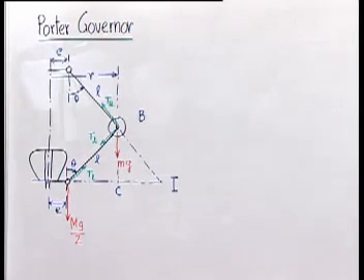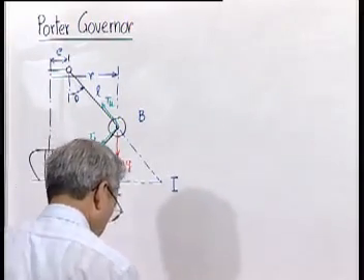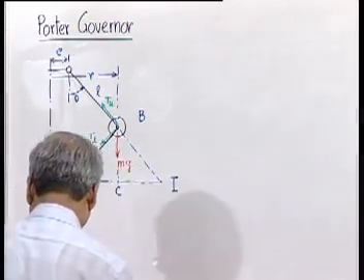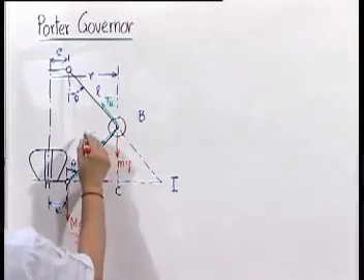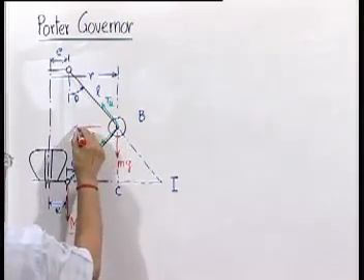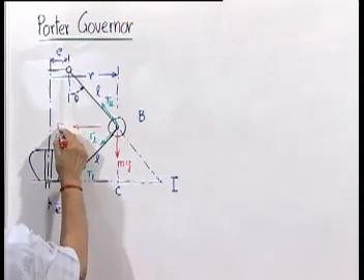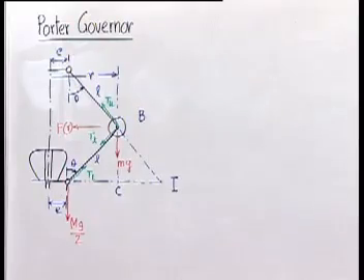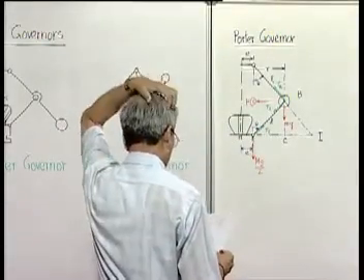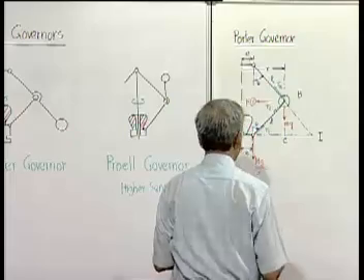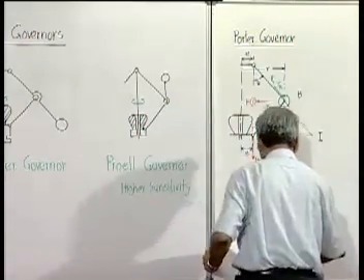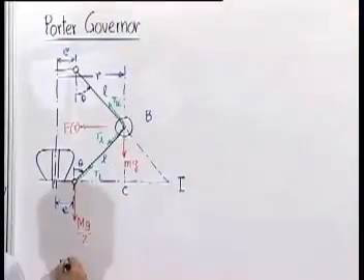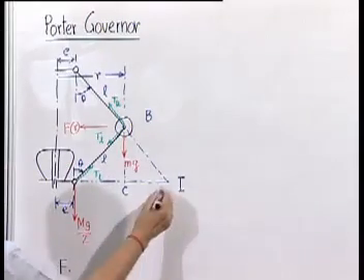Now what we do, let us take the moment of the forces acting at B. Now what we can do, that effectively the control force we know, which we have always assumed to be a force representing all the restoration mechanism like gravity here, to be acting as a force in this direction. So if that be the case, then if we take moment about point I,